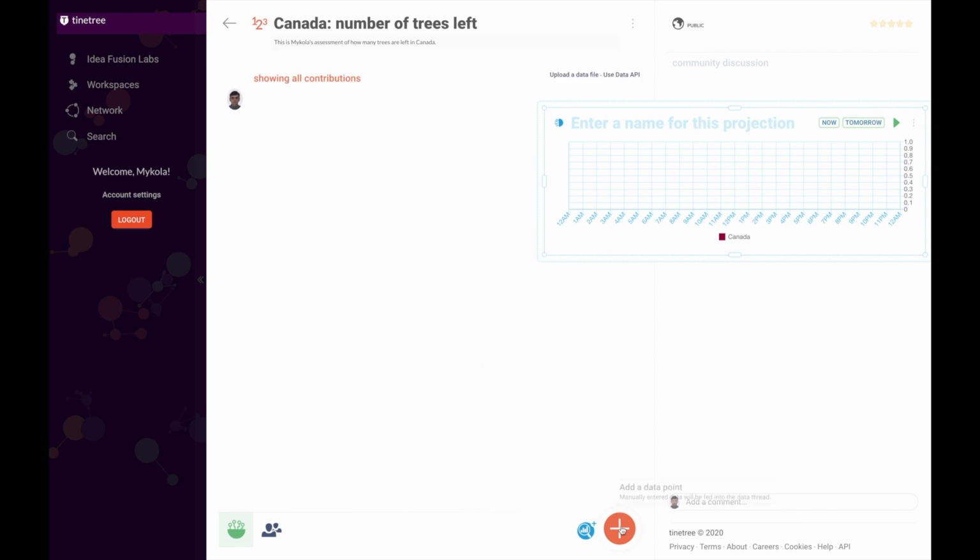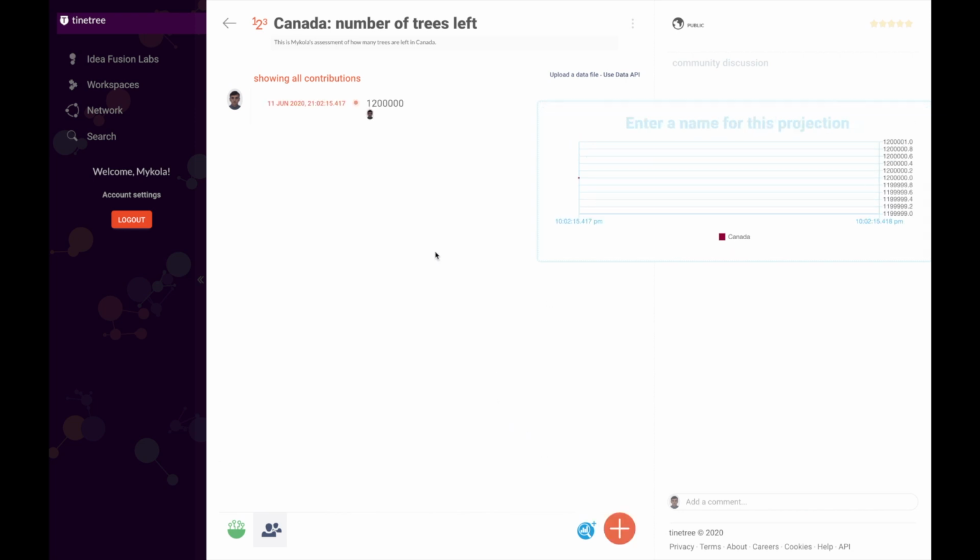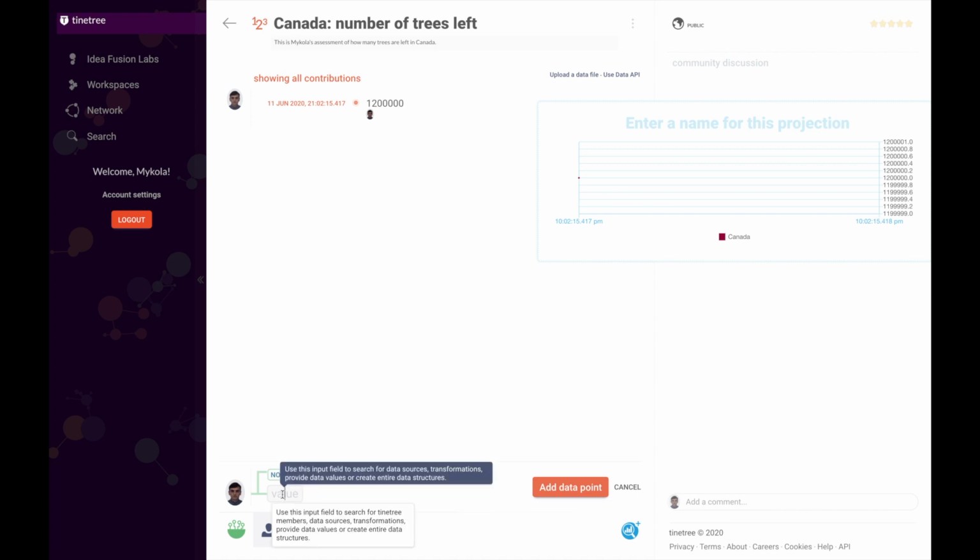So let's add one. This plot is running live, so any value that Macaulay enters gets immediately reflected in every plot, not just this one, but every plot that references this data thread. Now let's suppose that sometime later Macaulay changes his mind and decides that there are actually more trees in Canada than he previously thought,